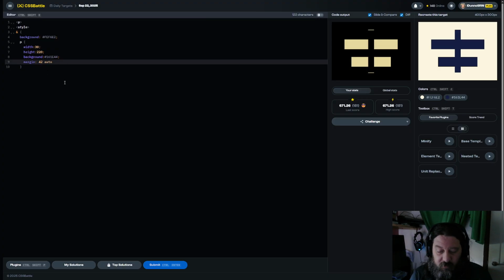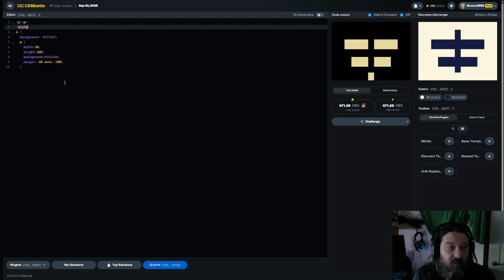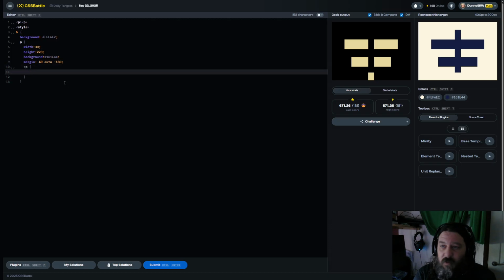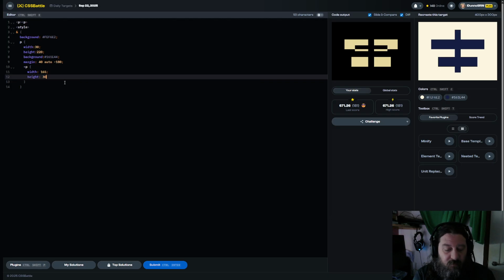Side that was just 40. Yeah, 40 auto. Then -180. And the second P is width 165, height 50,